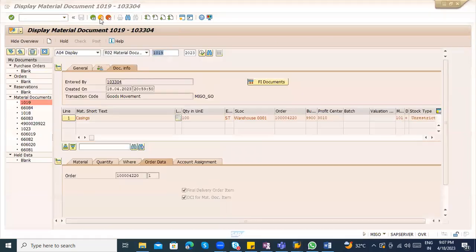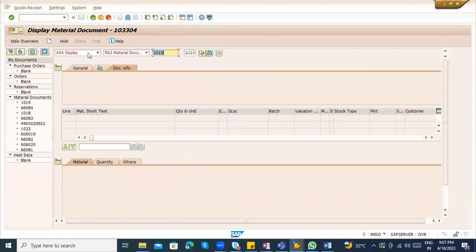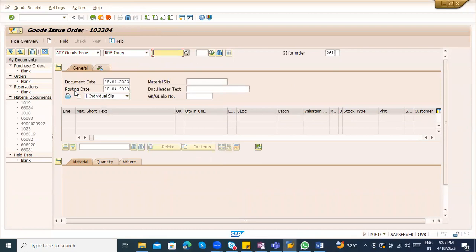Any other questions on this production order? So a process order and a production order are both the same, 261 only. And 201, which we discussed, is also for goods issue for consumption only. Since we have different kinds of consumption, it might be for the maintenance order or for the project order. So we have different kinds of cases, and the system will differentiate the process with the GL account